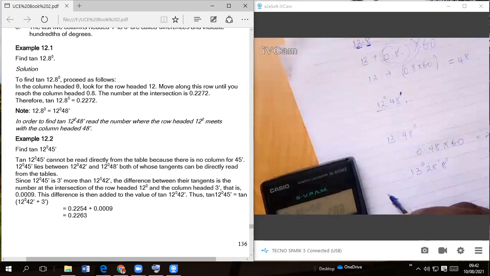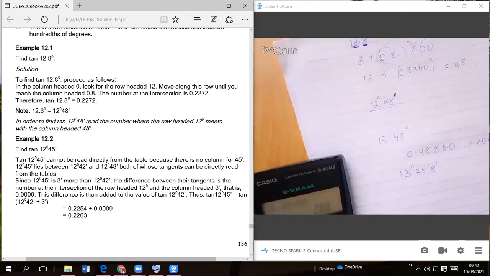We shall do more examples about this in the next lesson. So if the lesson ends, you go back and